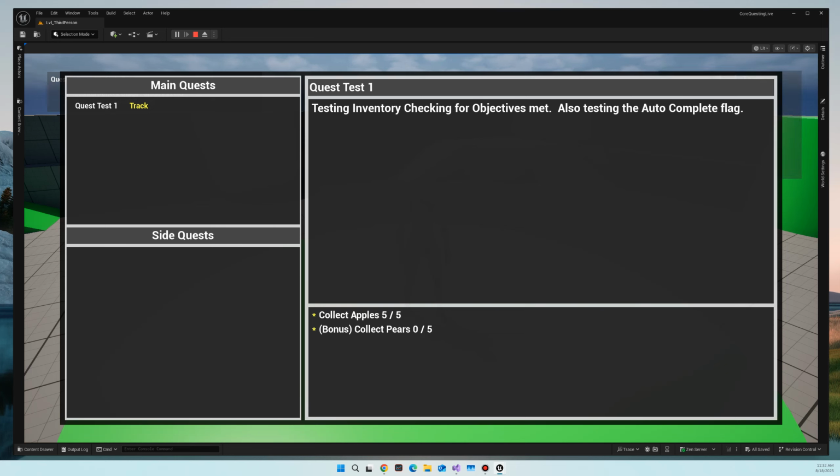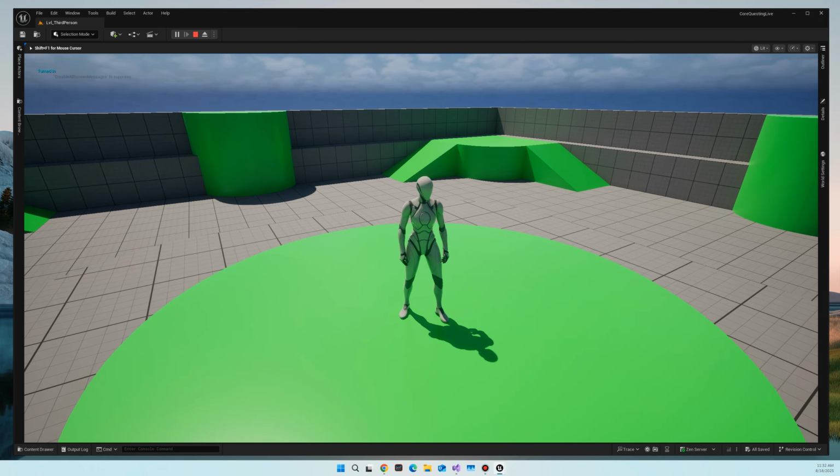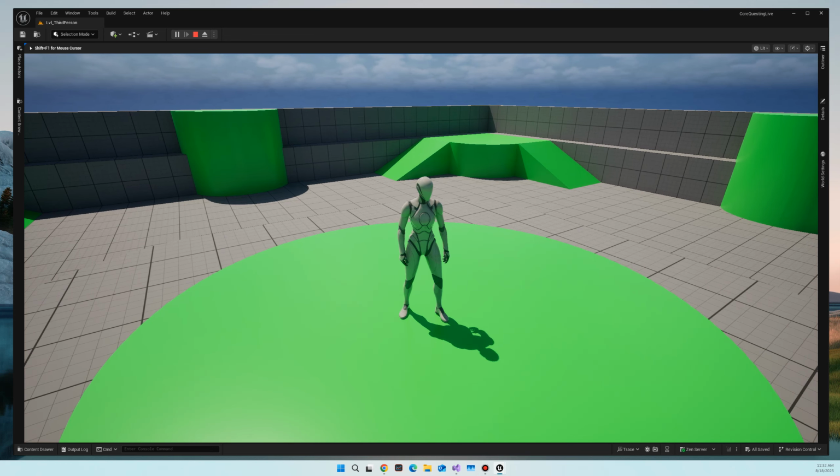As you can see, 5-5. You know, we didn't do any of the bonus, so it's okay. And so I'm gonna hand it in, and we've got the little turn-in notice. I'm gonna hit the 1 key again, and there we are. Quest 2 comes in,